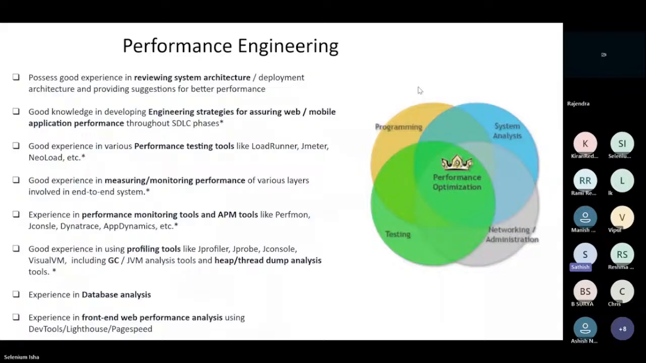Okay, you would be able to create engineering strategies and use monitoring APM tools, or tools like JConsole, Dynatrace, AppDynamics, and profiling tools like JProfiler, JProbe, JConsole. You should be able to analyze garbage collection related problems. You should be able to benchmark your JVMs, take heap dumps and thread dumps, and analyze them,